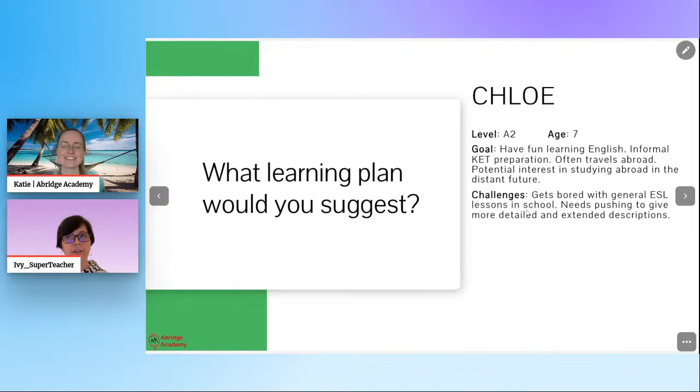I would also definitely include fun homework, because for her it's all about having fun learning English. So maybe little challenges or assignments for in between classes, to interview her parents or to gather some fun facts on the topic and stuff like that. So definitely include the family as well in that way, kind of passive learning. I mean, out of class learning.